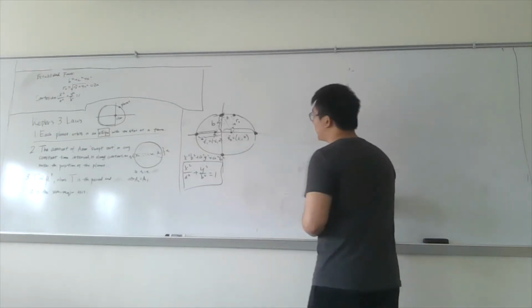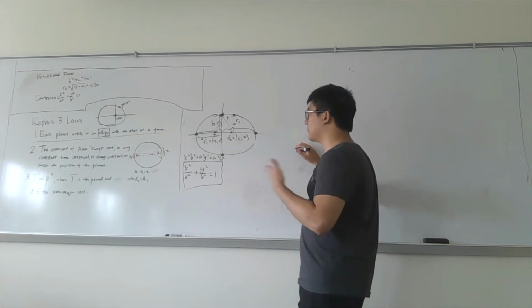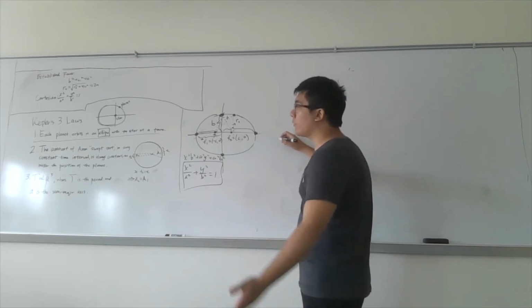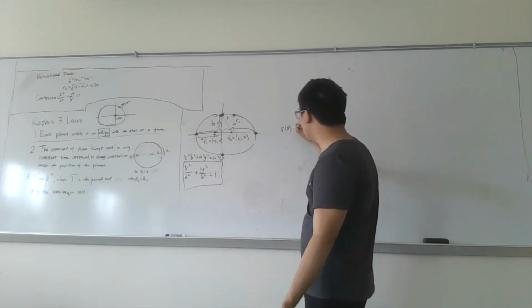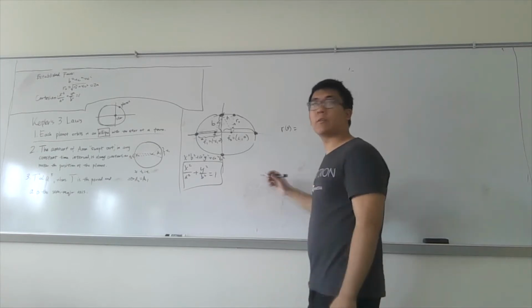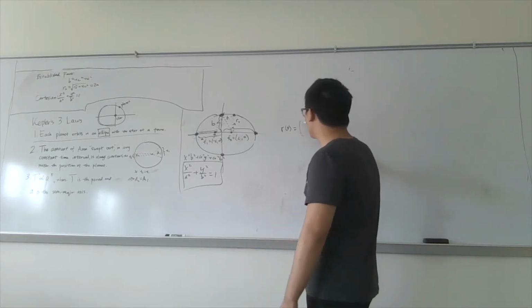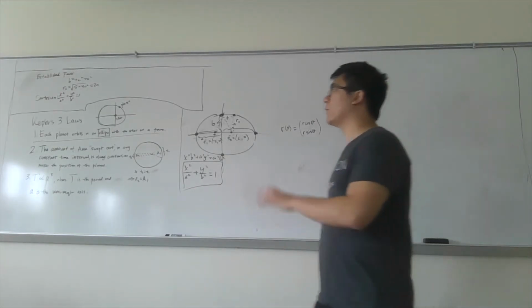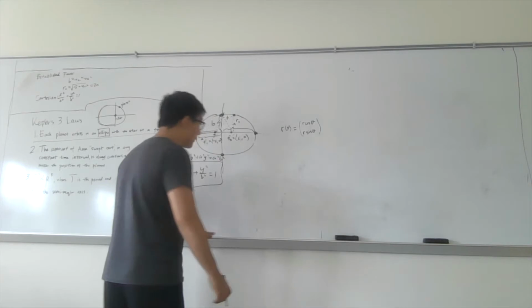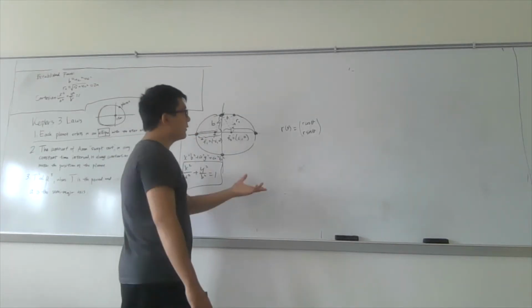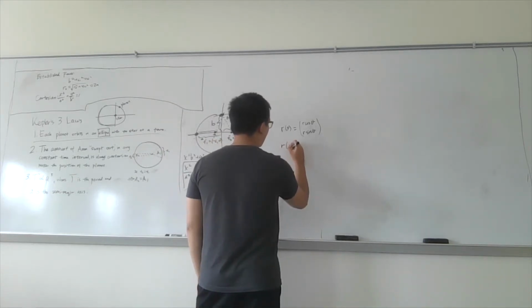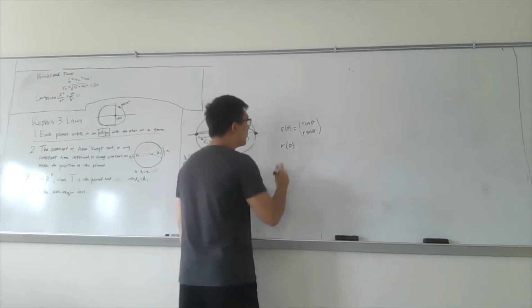The reason why is the parameterization of the circle. For any circle of radius r centered at the origin, we could just say that it can be parameterized in this way, where r is constant. Now we can notice that this should be obvious. If we take two points of this parameterization,